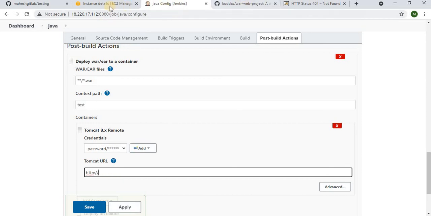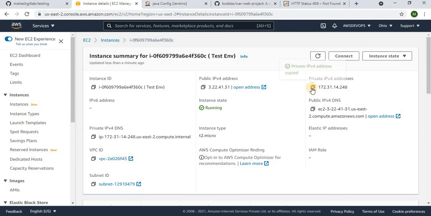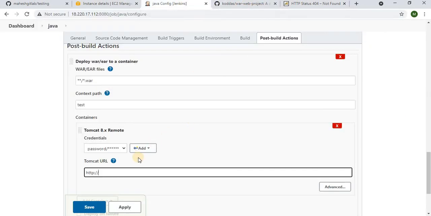I can use the private IP address because these two servers are located in the same region, so they can communicate using the private IP. The port is 8080. Remember, when you access an AWS instance from outside, you have to use the public IP, but machines located within a region can communicate using the private IP.